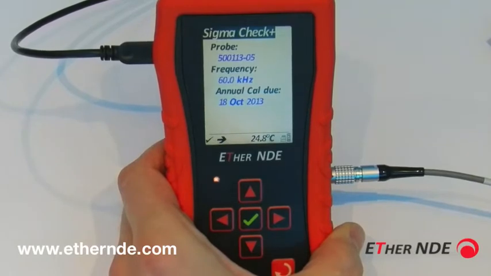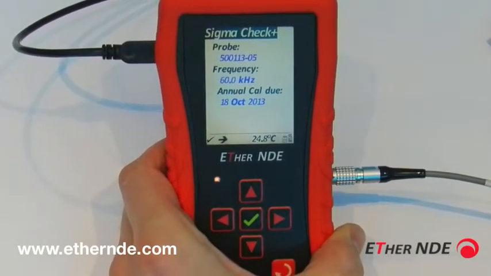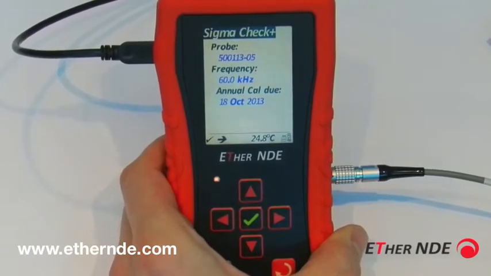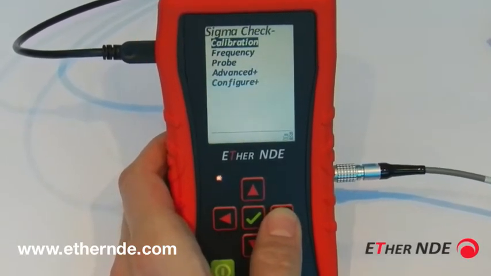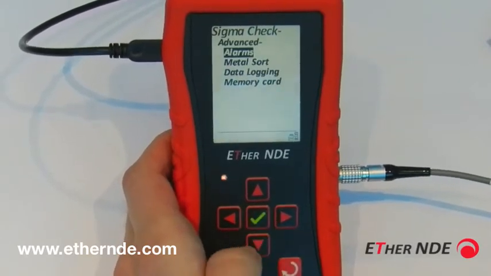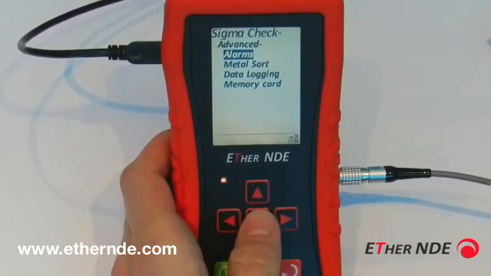How to configure the SigmaCheck and use its alarm functionality. To get into the alarm menu, from the home screen, we go right, down to advanced. Here we see we have alarms. So if I enter the menu,